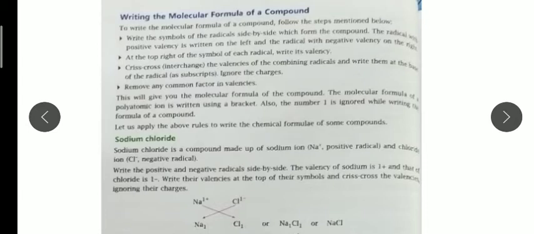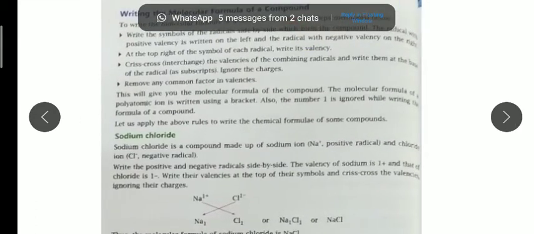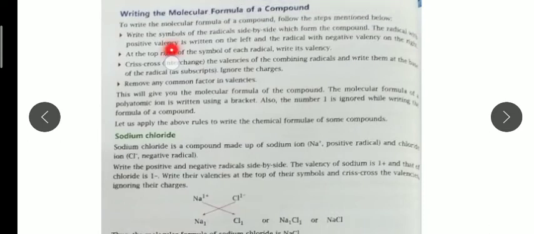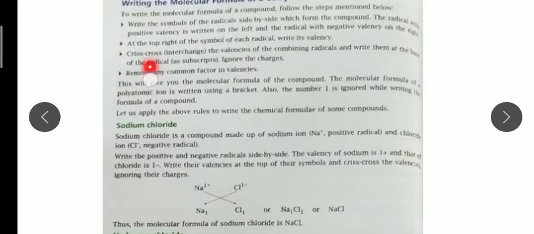Now how to write a molecular formula? For writing a molecular formula there are a few rules. As you can see, the first few steps are given. So we have to follow these steps for writing the molecular formula. Here we should know the symbol of the radicals, and second, for each radical or symbol we should know the valency also. So valency plays a very important role. And then third step, we have to crisscross. Crisscross means we have to interchange the valency.